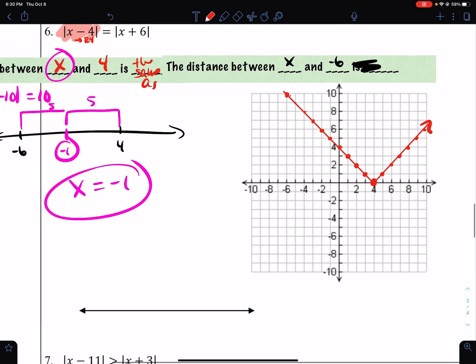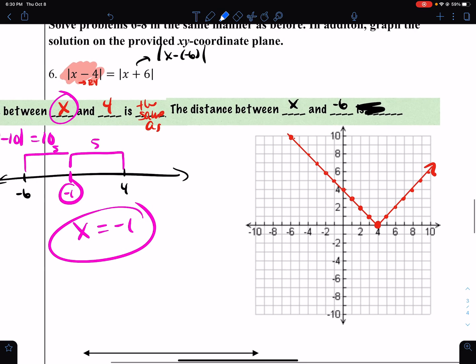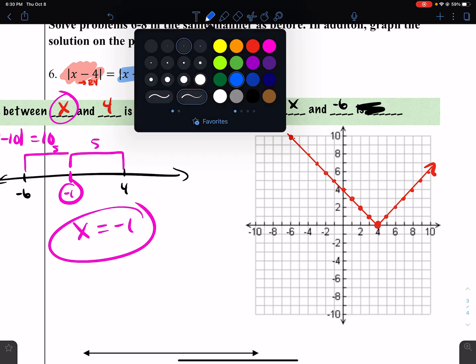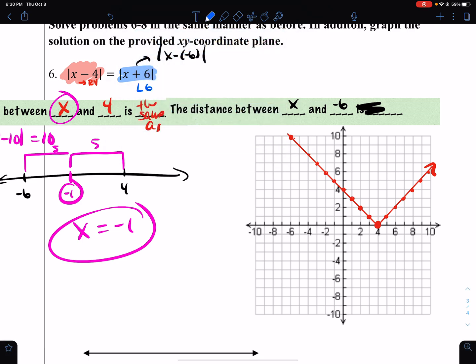We know how to graph that from our parent functions. This second one, which I'm going to do in blue, the absolute value of x plus 6, if we view that from our transformational knowledge, this has moved to the left 6 units. And again, the slope of each side is either a 1 or a -1 since we don't have a stretch. So we can see here